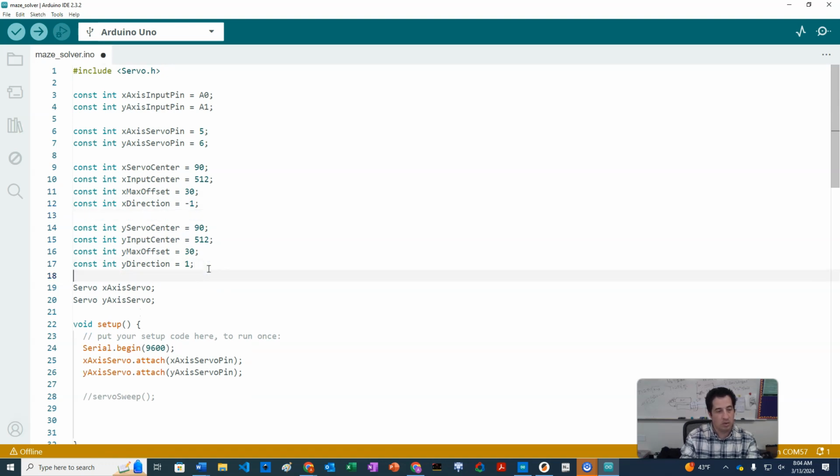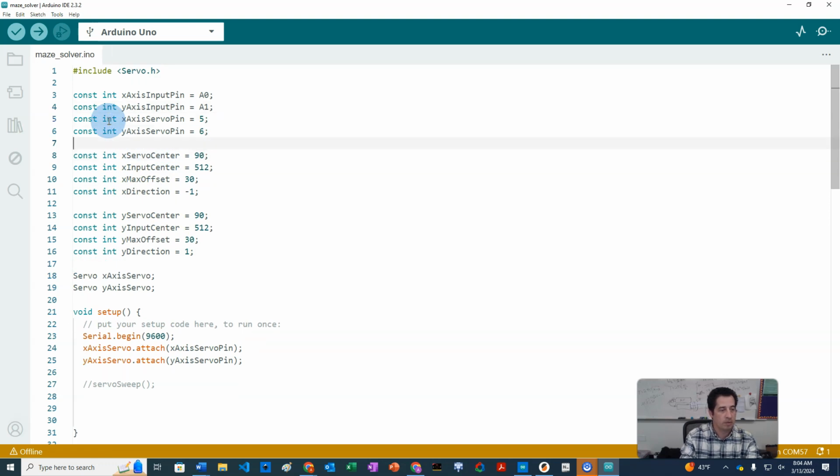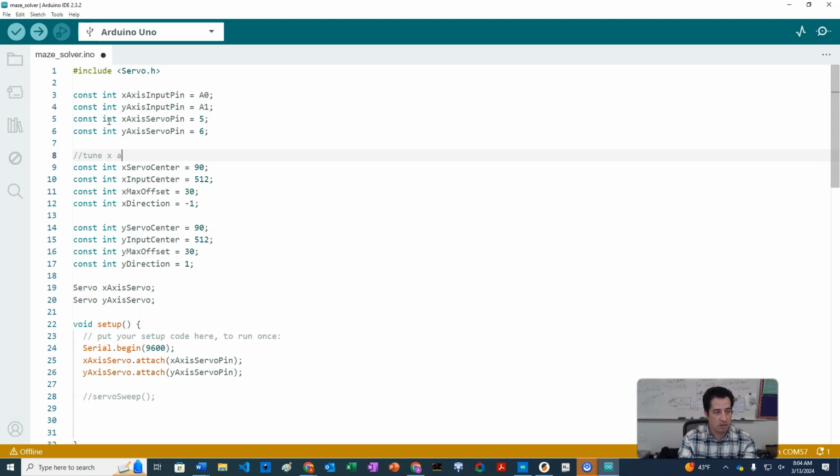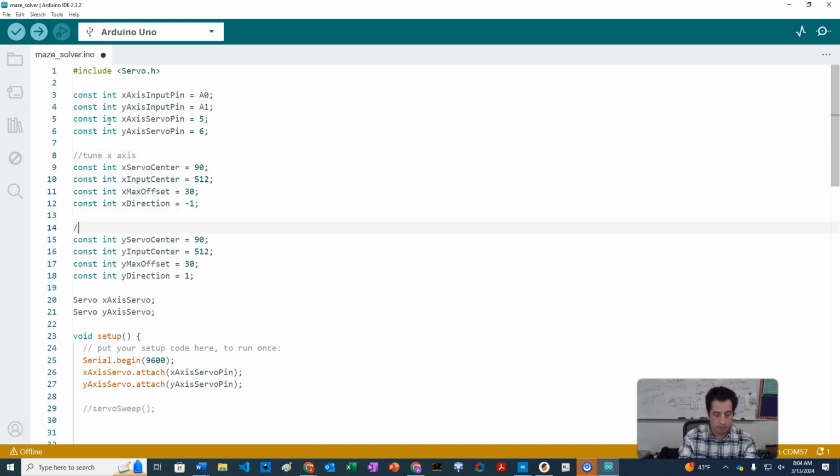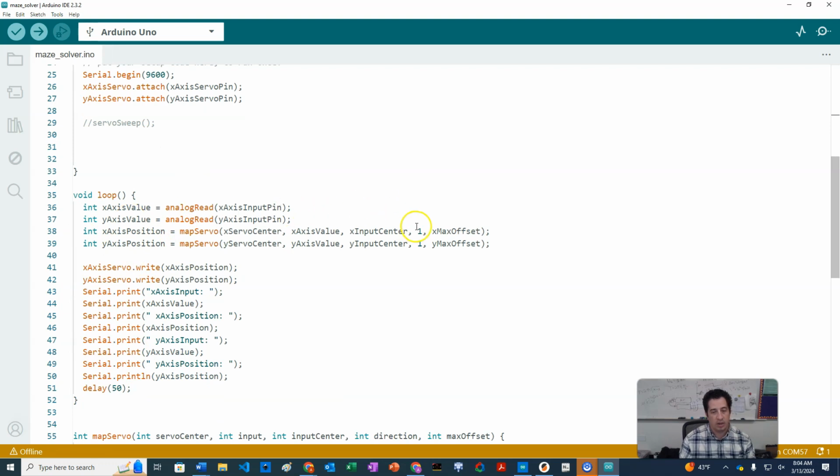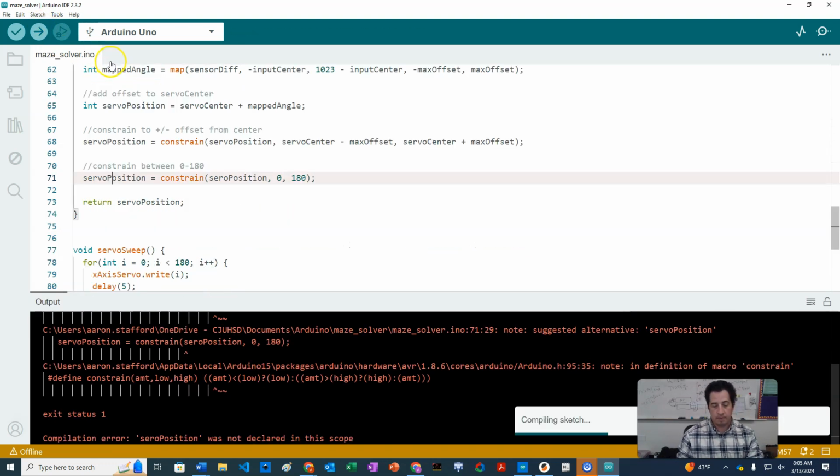So now that we have these ways that we can tune each of our axes, and these are just the inputs up there. So tune x axis, tune y axis. Now basically you can run it, and we'll add this here. So we'll say x direction, y direction. Make sure everything that's y is lined up together and everything that is x is lined up together. Now if we run this, we will kind of get, oh,